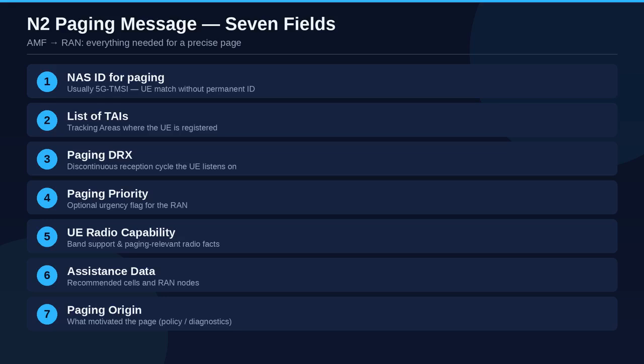Second, the list of TAIs to be paged. Tracking area identities. The AMF does not flood the entire network. It scopes the page to the tracking areas where this UE is registered and considered reachable. Third, paging DRX, discontinuous reception. Idle UEs do not listen every millisecond. They wake on a cycle. The AMF tells the RAN which DRX cycle the UE is using so the gNB can schedule paging occasions the